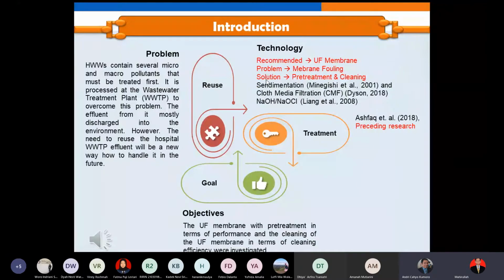Pretreatment and cleaning are both recognized as good ways to mitigate membrane fouling. Sedimentation and cloth media filtration will be a good pretreatment before ultrafiltration. And the use of sodium hydroxide and sodium hypochlorite could also be the best cleaning agents for cleaning the membrane. Considering the facts mentioned,